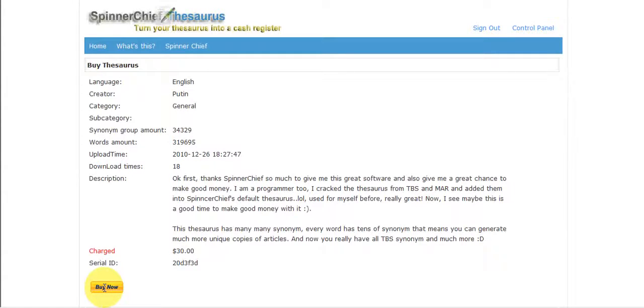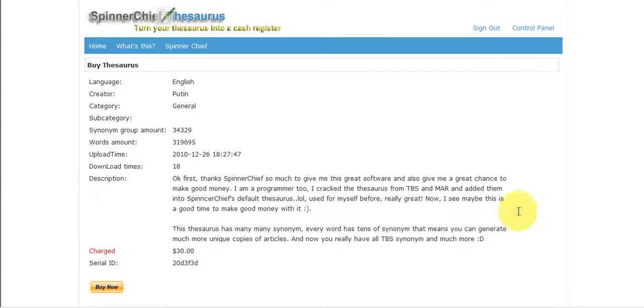Now once I've clicked that, it would take me into PayPal, where I would pay for it. And the download instructions are given after the PayPal payment is made. The thesaurus does need to be authorized for us. You will not get it instantly, but you'll get it reasonably quickly. We do have to authorize these thesauruses first before they can be used. Okay, so that's it if you want to buy a thesaurus.